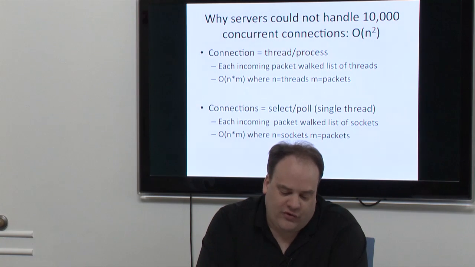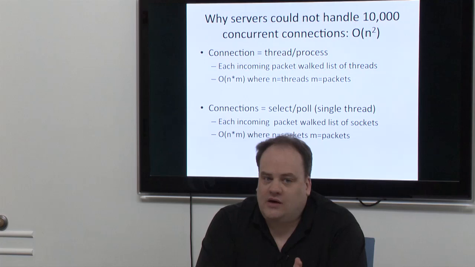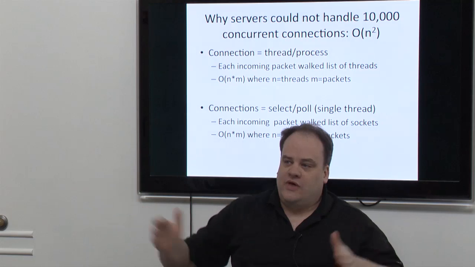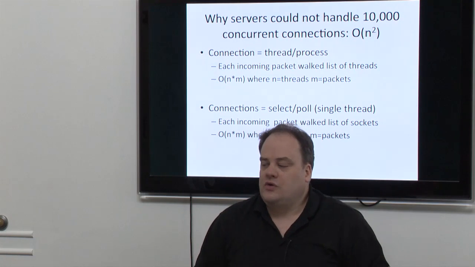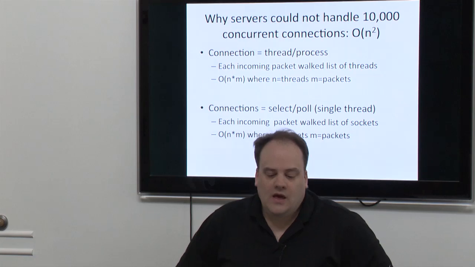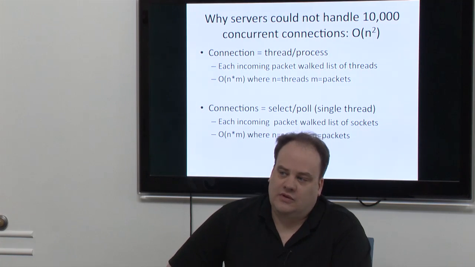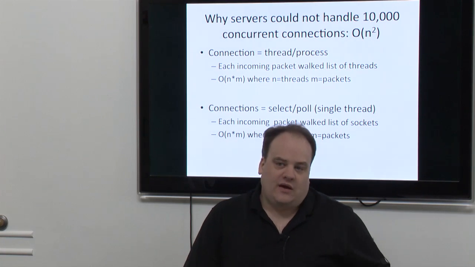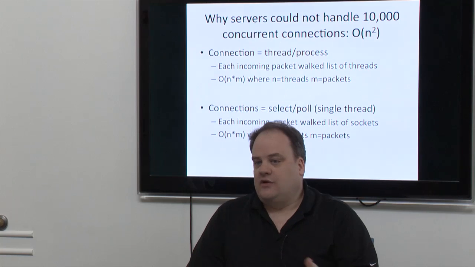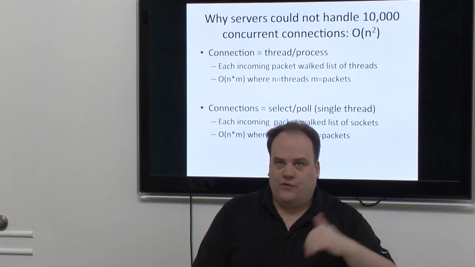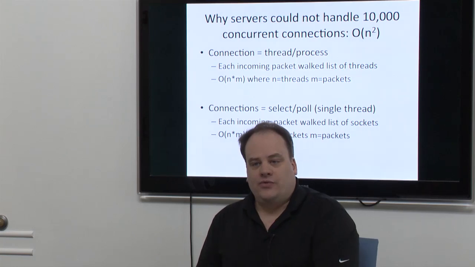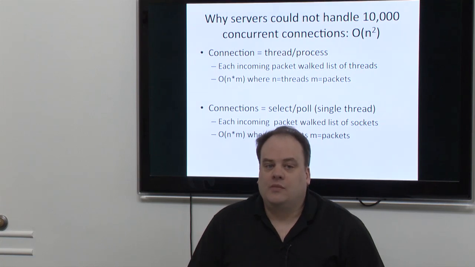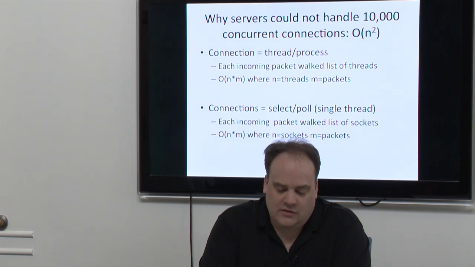And most people describe this as a linear thing, order of n, because thread scheduling required walking the entire list of threads. So that if you wanted to go from one thread to the next in the kernel, it would walk all threads. And they describe it as an order of n problem. It's a linear problem. And it really wasn't, because every packet that comes into the server causes a thread context switch. Every packet that comes in refers to a random TCP connection, which means a random thread. So the correct way of thinking about it was an order of n squared, or n times m, where n is the number of packets and m is the number of threads.